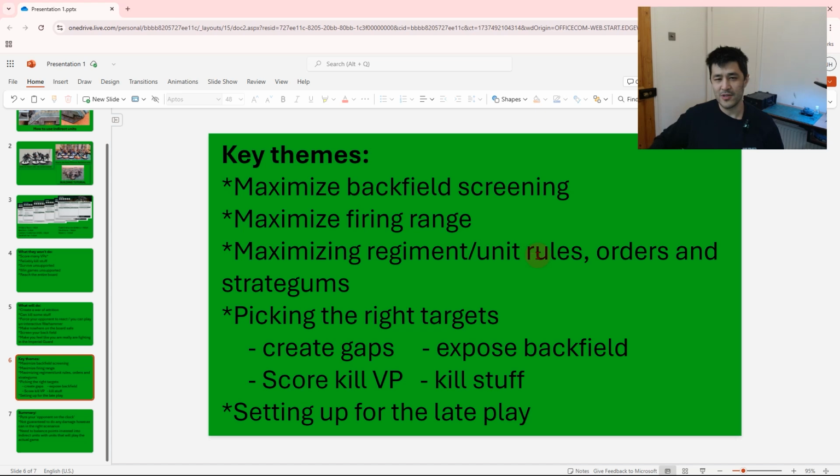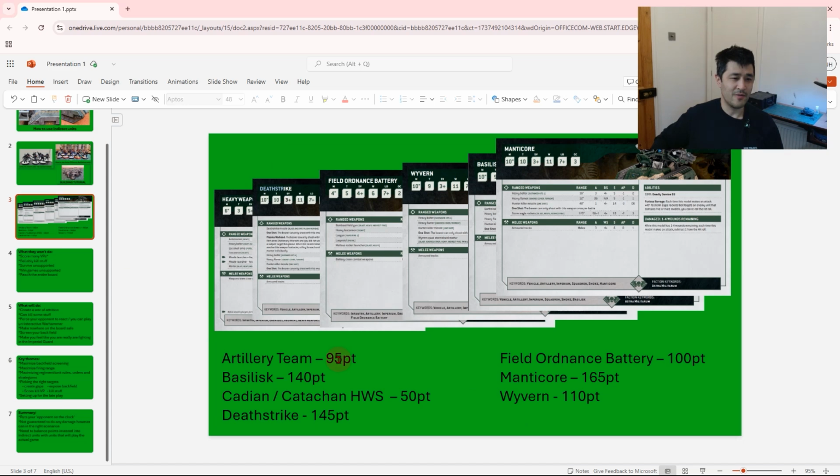Now, orders, interestingly, this is actually more of a discussion point than it previously was. And the reason for that is I understand that the Basilisk, Manticore, and Wyvern have lost the heavy keyword. So again, this is getting into the rules a bit, but as we said, the best you can hit is a 4. And you also get -1 to hit as well, actually. So that means you will need to be receiving an order to make sure you're hitting on 4s,